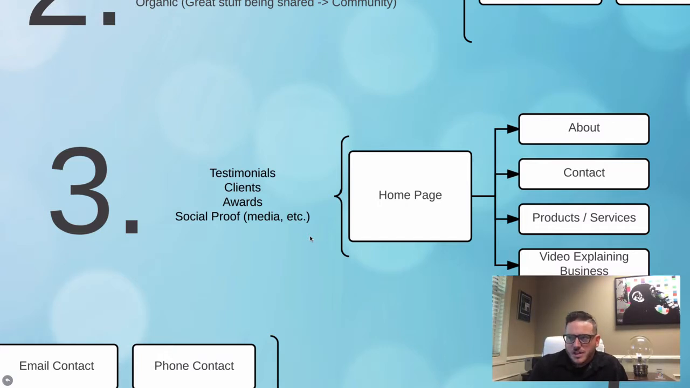They've won some awards, and they have the social proof there. They're being mentioned in different articles and things like that. So if that stuff isn't the case yet, we can work with you on making that happen. And then, of course, on your page, you're going to have your about page, your contact information, any products and